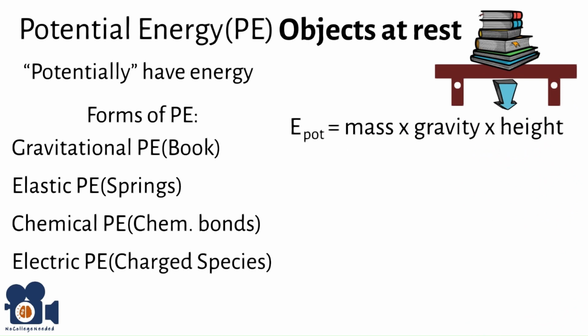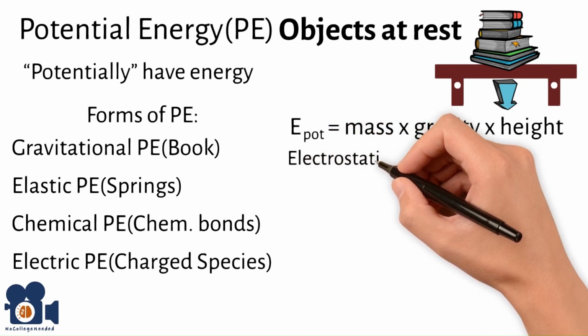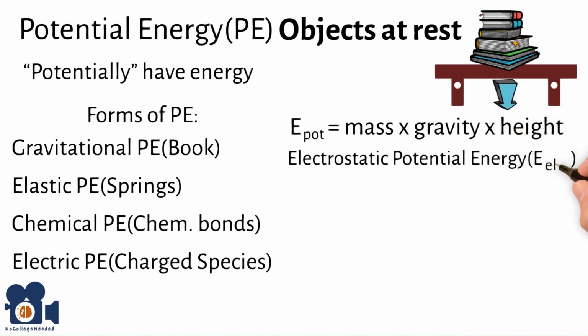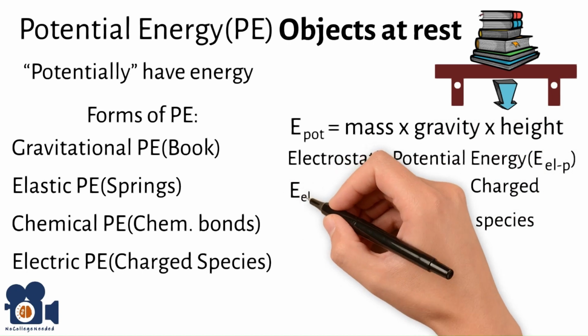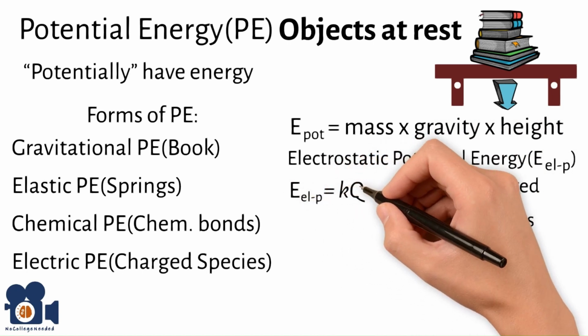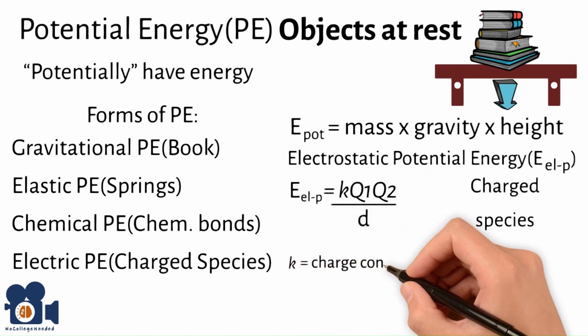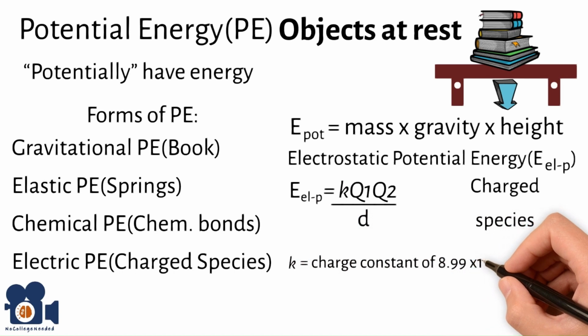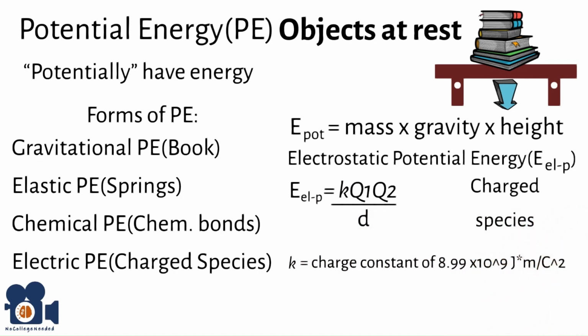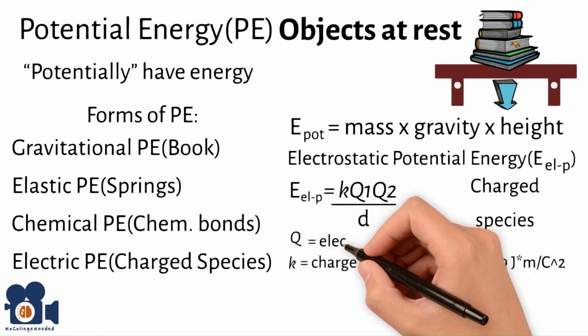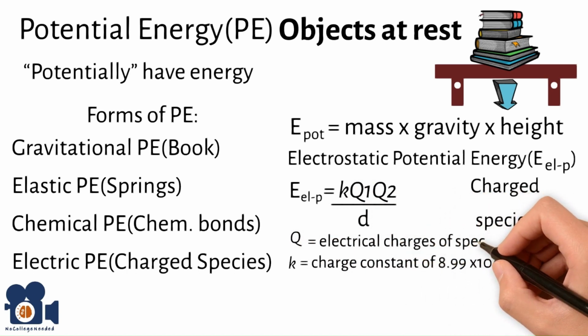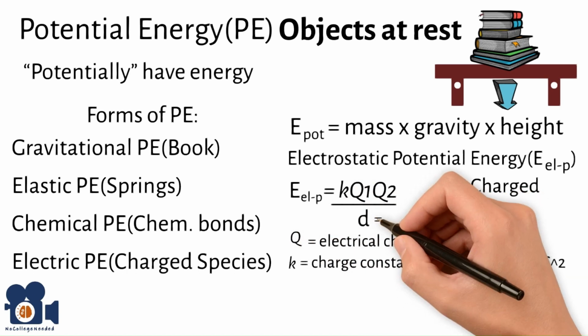The second relates to the electric potential energy, ELP, and is critical when dealing with charged atoms, molecules, or ions, and the equation is ELP equals K times Q1 times Q2 divided by D, where K is a charge constant of 8.99 times 10 to the 9th joules times meters divided by coulombs squared. Q1 and Q2 are the electrical charges of the specific species you look at and calculate, and D is the distance